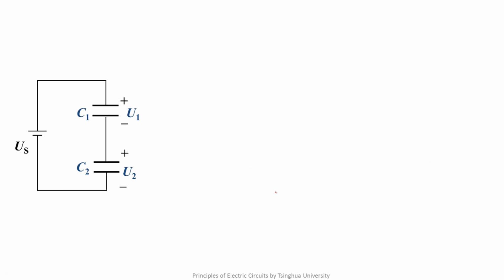With the preceding conclusion, let's talk about the circuit where a DC voltage source feeds two capacitors with different capacitance values. We want to find u1 and u2. We can certainly write it in the form of Us equal to u1 plus u2 on the basis of KVL, but we analyze it from the viewpoint of conservation of energy. That is,